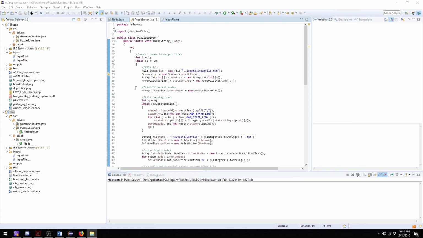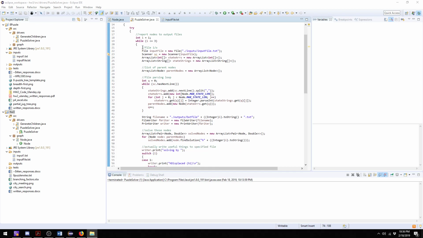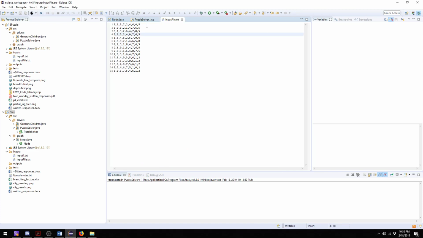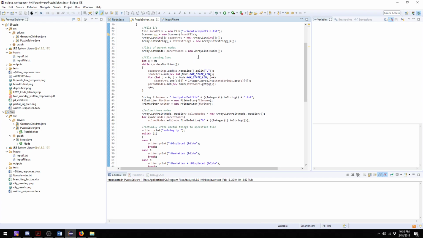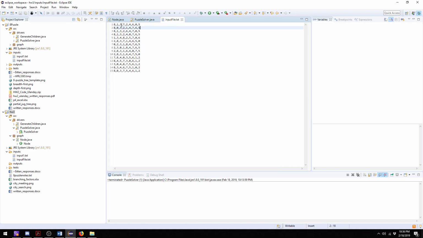Okay, so this is an overview of my 8 puzzle solver for ECE 479 at the U of A. Basically, this driver, the puzzle solver driver, gets this input file, just all these different 8 puzzles in row major order, and for each one of them it scans in a node. That is basically just the state of the board here, with some other information about this, like the Hamming sum